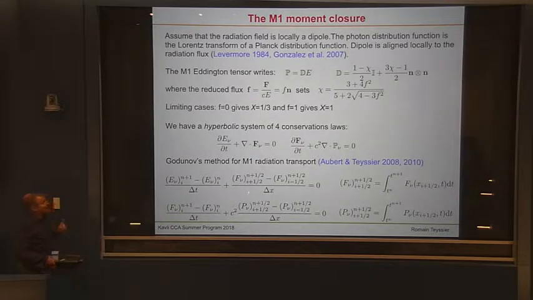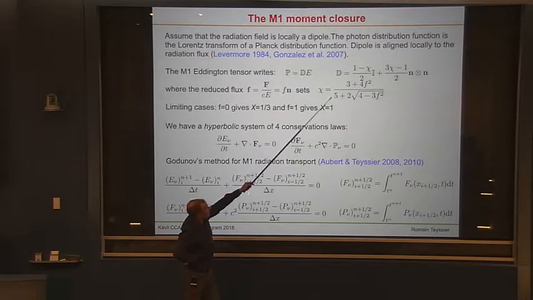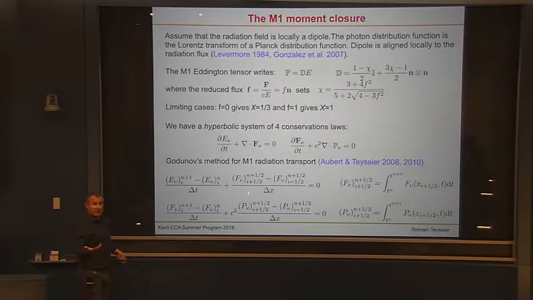What is also very interesting is that this term, which depends on the flux, is a closure that looks like an equation of state. And you can show that what you get here is a hyperbolic system of conservation laws, which is not obvious, because radiation transfer is not hyperbolic in general. You have a lot of non-local effects. But the M1 closure is an approximation, and this approximation gives you a hyperbolic system of conservation laws. So you can then apply the Godunov methodology like a black box, and it will work. But it's an approximation.